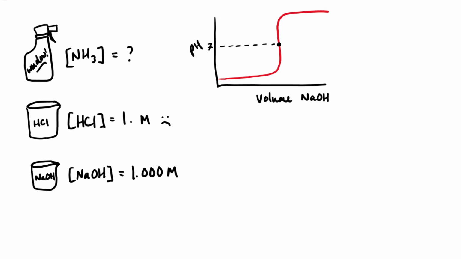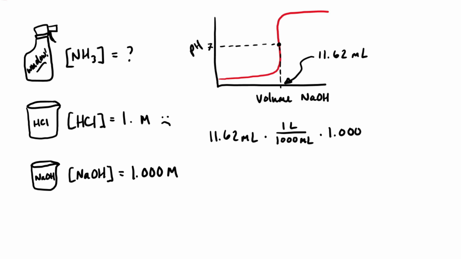After running the test, we find that it took 11.620 milliliters of our 1.000 molar NaOH solution to neutralize a 10.000 milliliter sample of the acid solution. That means that the moles of hydroxide in the high precision solution are equal to the moles of the acid, or the hydronium, in the unknown sample. 11.620 milliliters times 1 liter per 1,000 milliliters times 1.000 moles per liter gives us